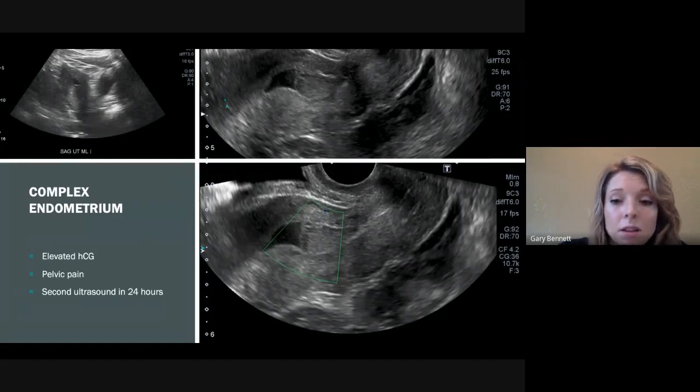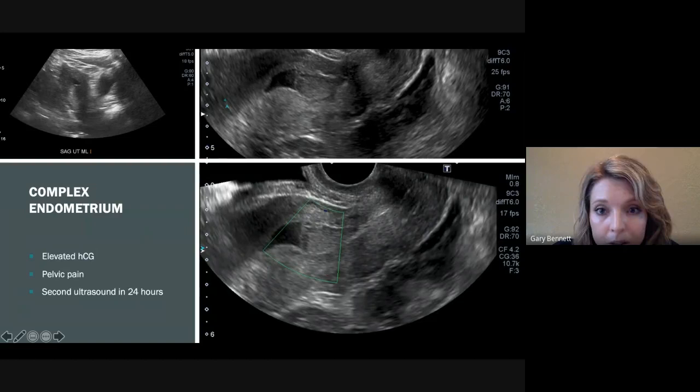So I really like this endometrium. They're not quite that obvious all the time, but you can see the change in the endometrium appearance here. This one's maybe a little bit more extreme, but it's quite clear that there's not going to be an IUP within this uterus. But if you're just looking transabdominally and you just slap a probe down there and you see